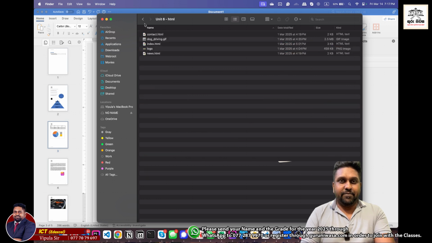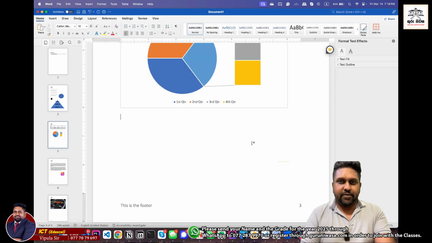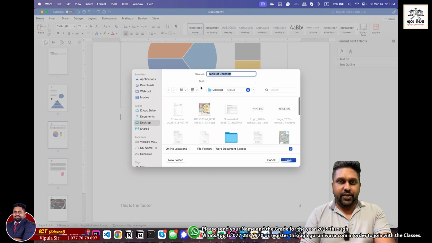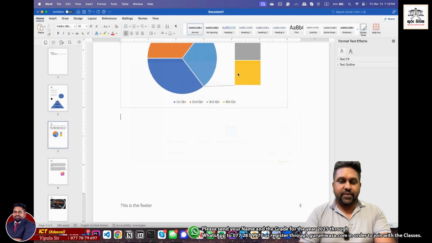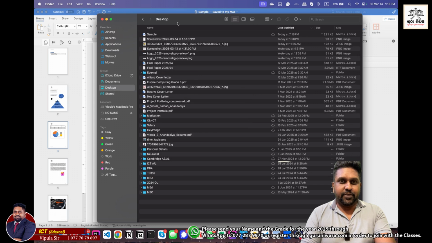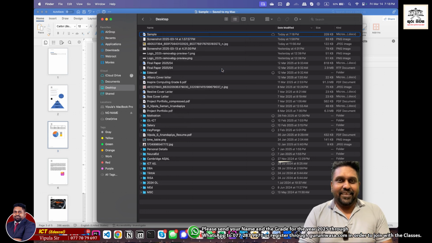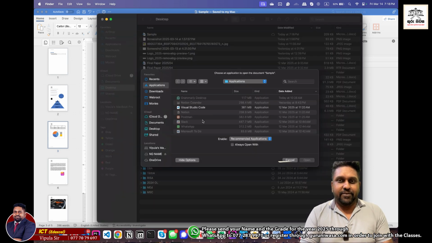So if you open up a Word document, let me just open. Okay. Let's do it like this. So let me show this. Save this Word document on my desktop as sample. Okay, and we can right click, and I can open this Word document not in Word. I can use a tool like